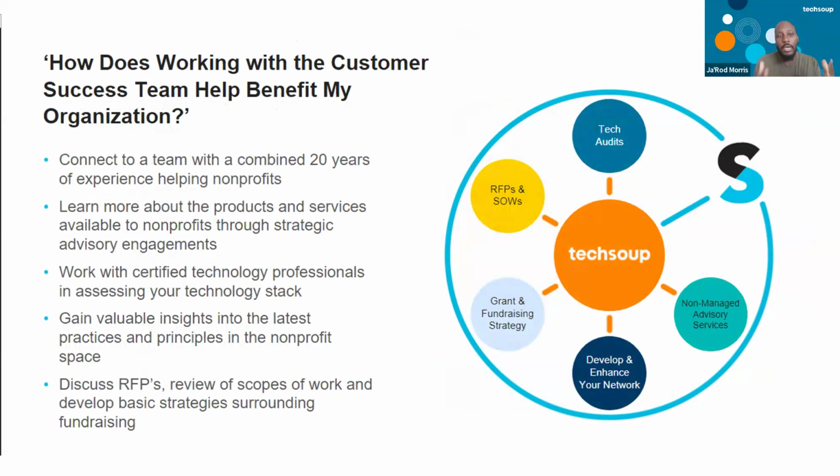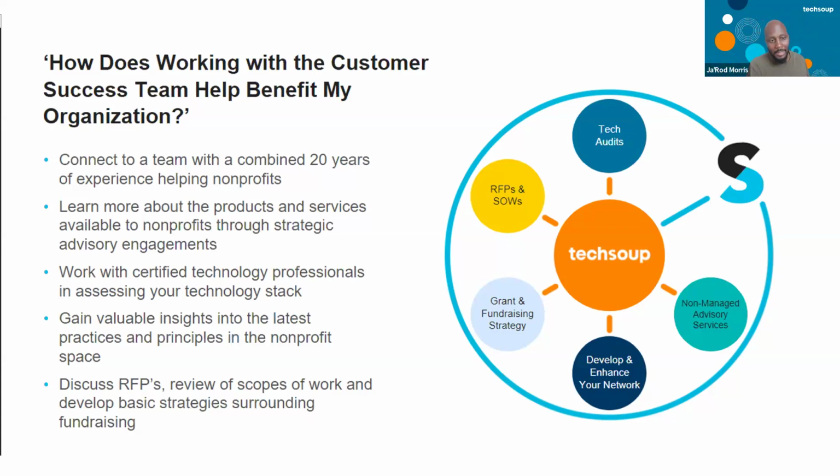So how does working with the customer success team help benefit my organization? So my team specifically works with you as you continue on your technology journey. So let's just say you're building a new computer lab and you want to make sure that you've got everything that you need. We'd work with the folks at Mobile Beacon, and we'd also look at some of our other hardware partners and help you solution that particular environment, so to speak, right?